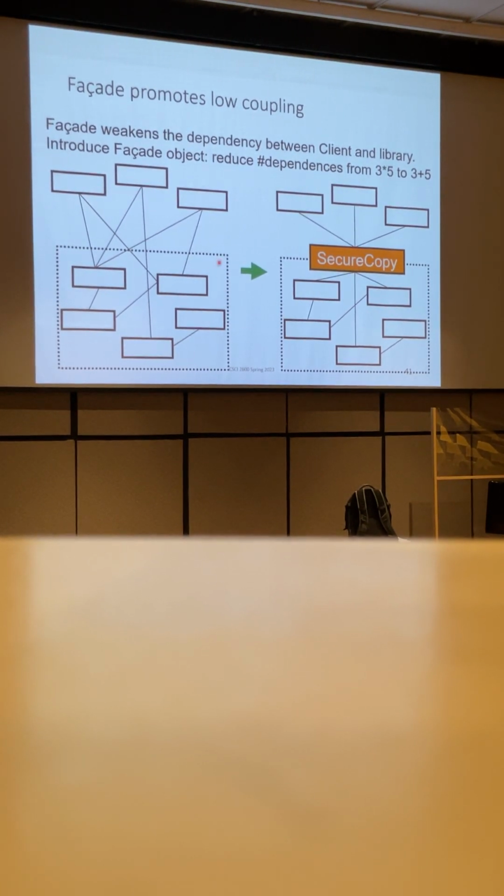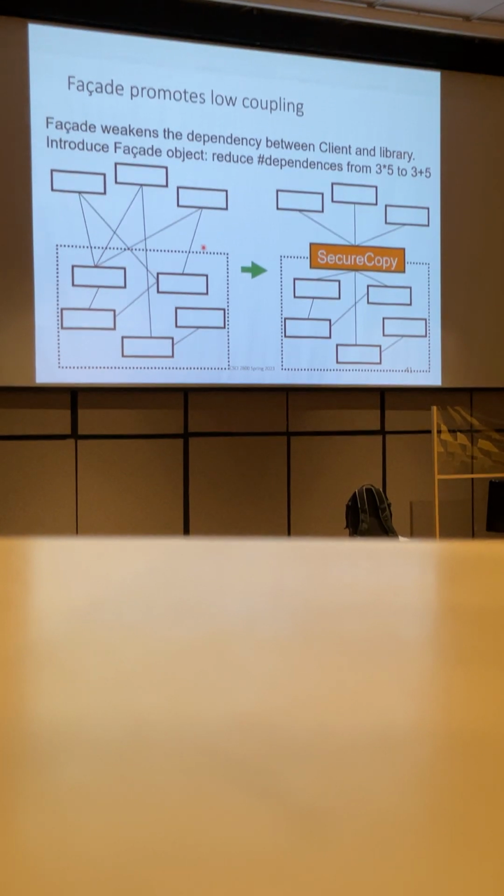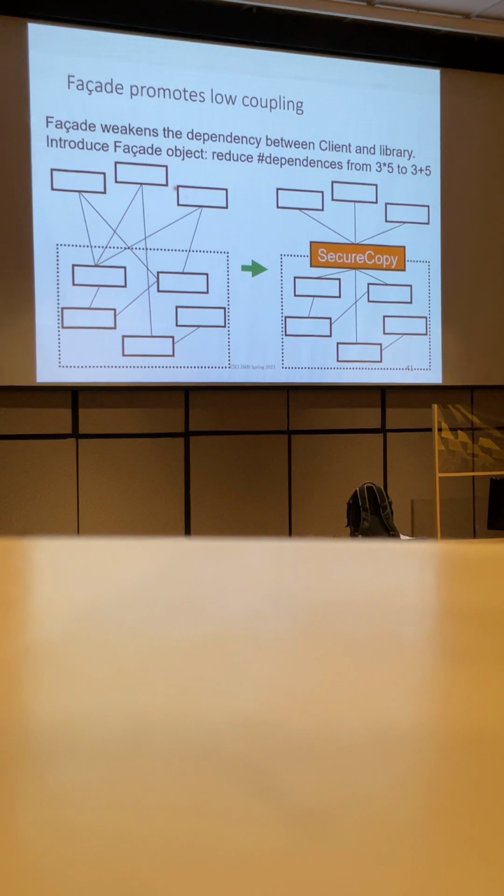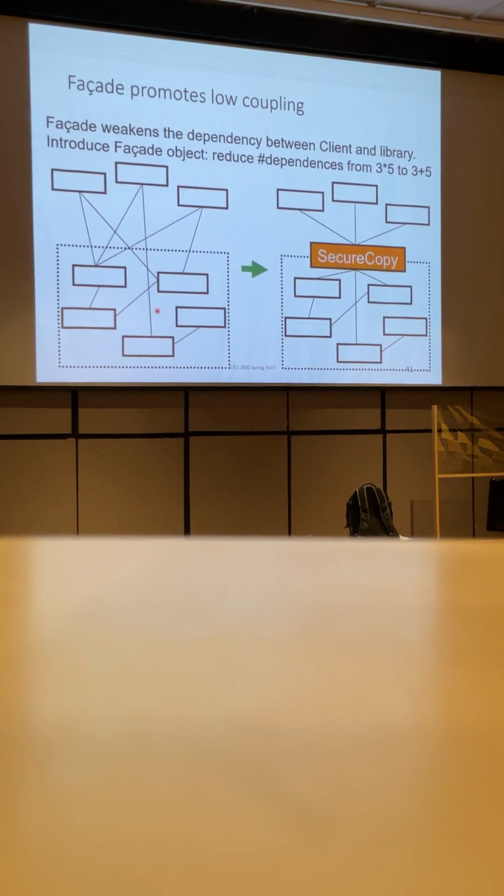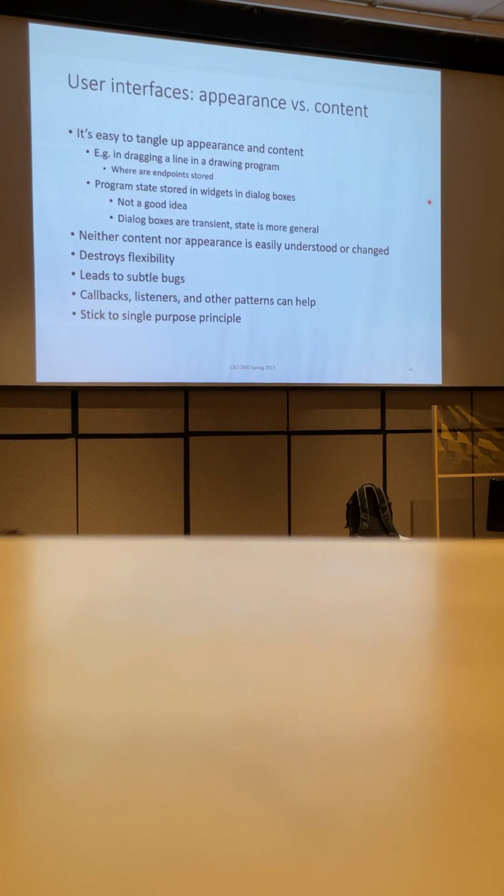Right, so in another example, on the right, we had 3 components of the client and 5 components in the library, so the potential number of couplings, interactions is 15, 3 times 5. Whereas here, it all goes through our Facade, so it's 3 plus 5, the number of dependencies here. So we were able to reduce the coupling. All right, so